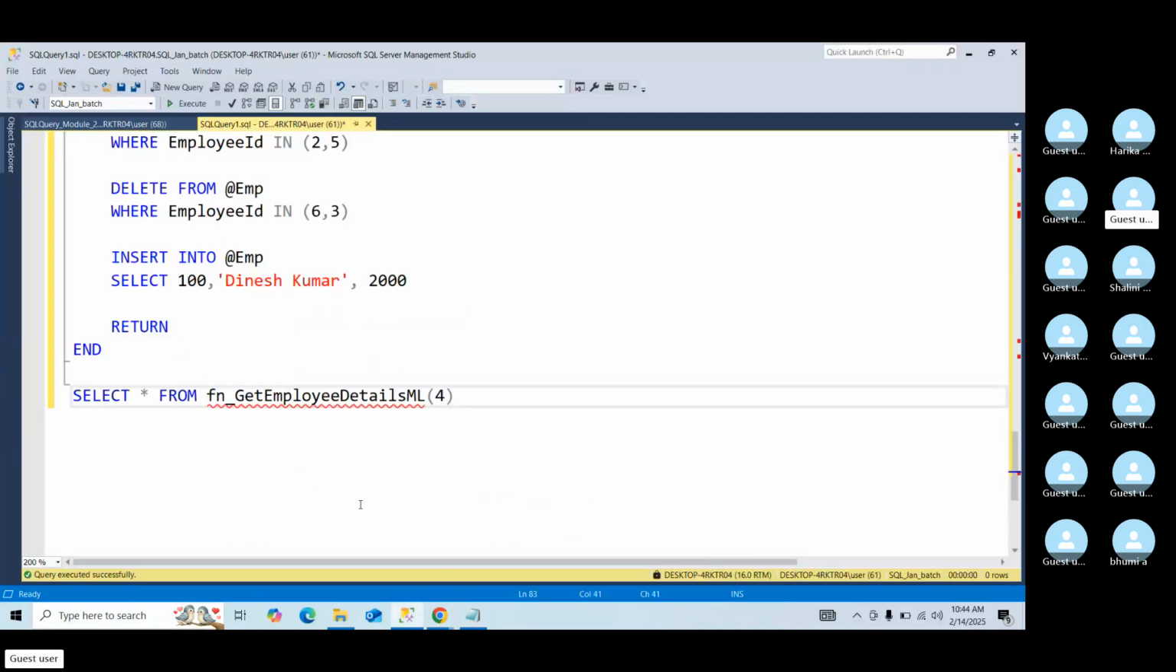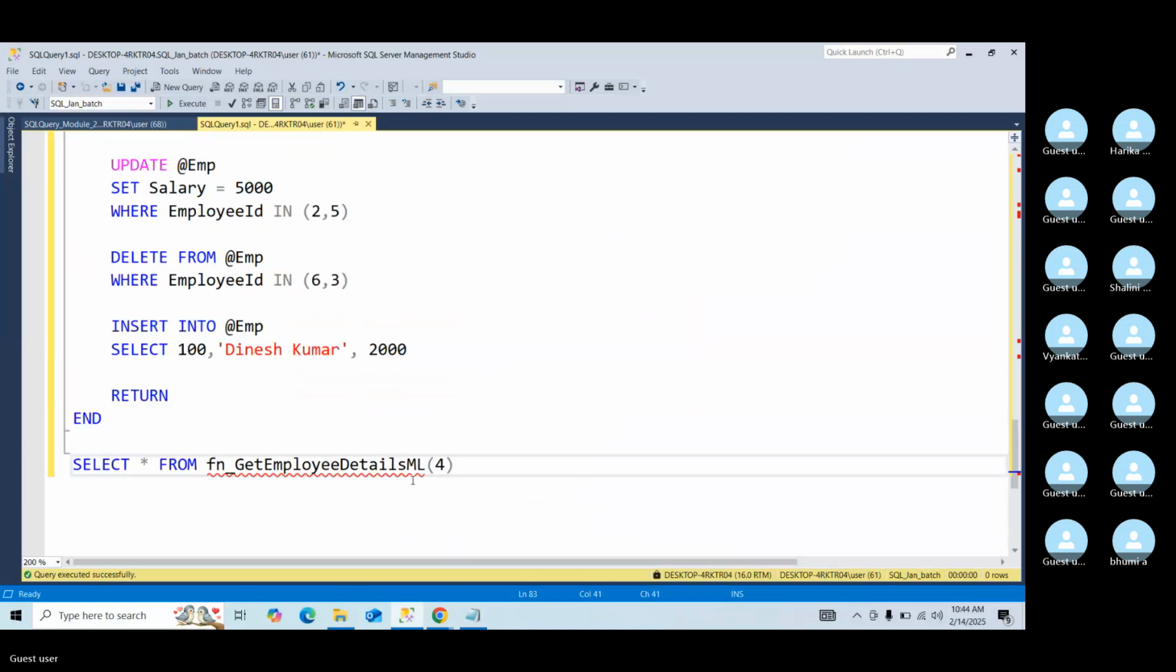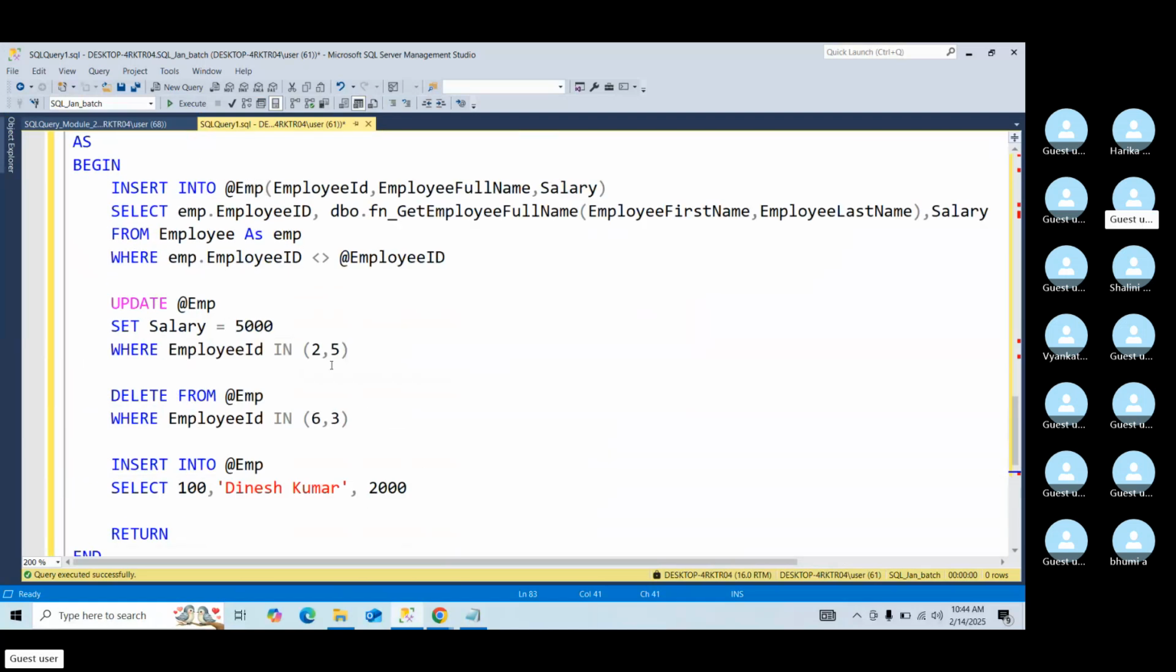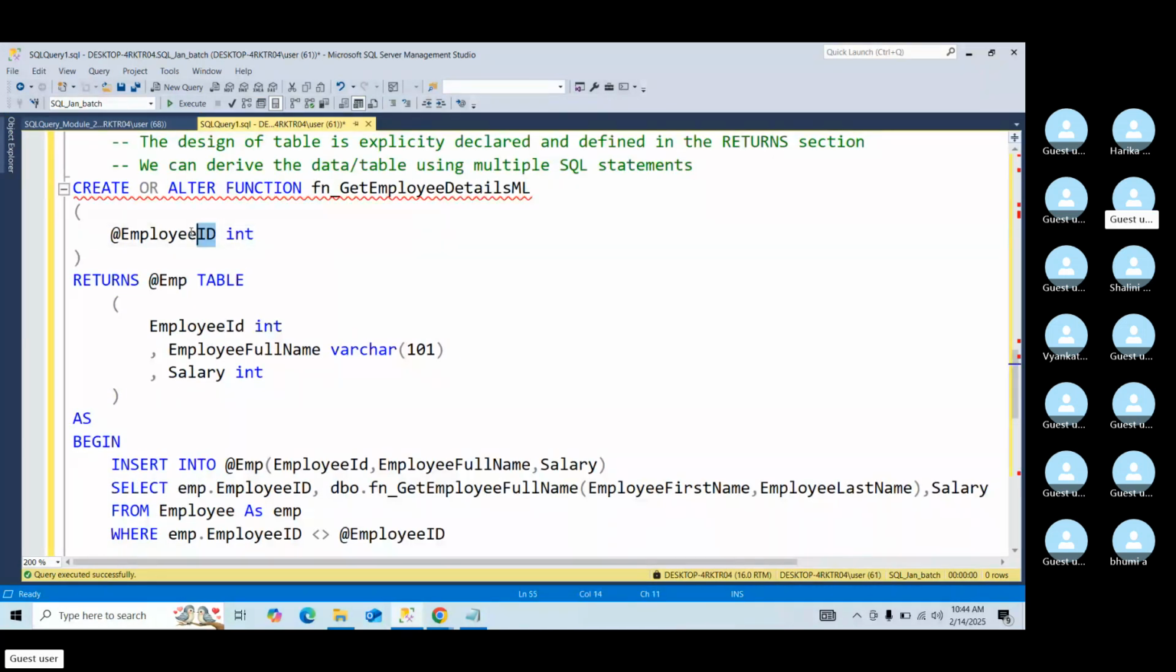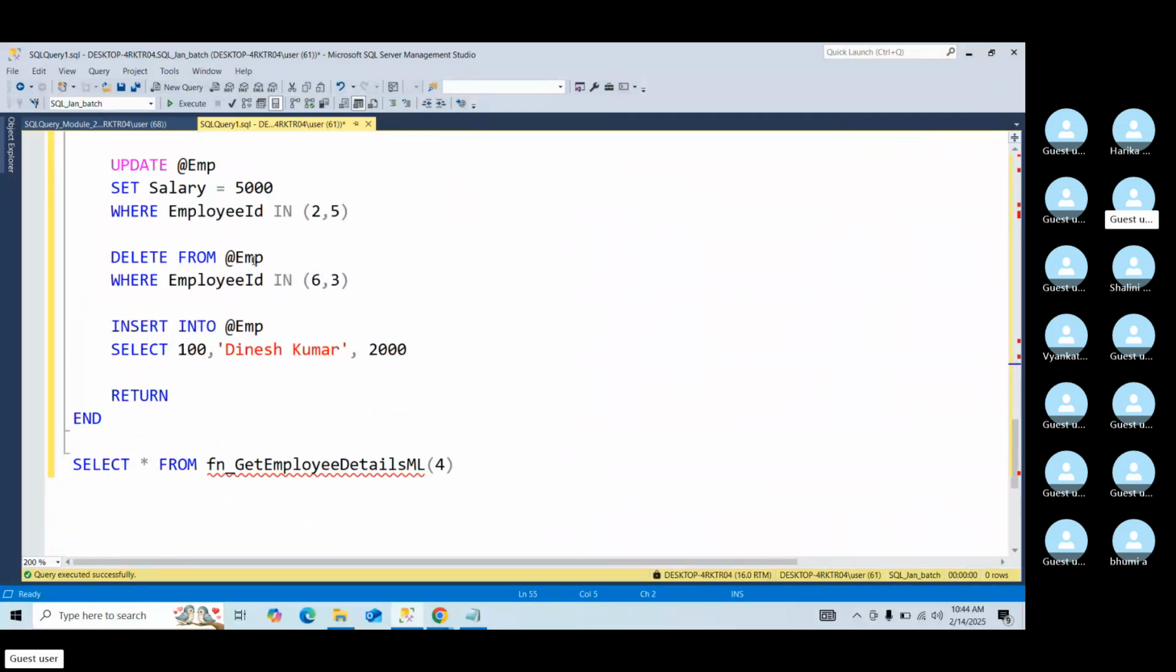Now, which parameter am I passing here in this multi-line function? I'm passing Employee ID, @employeeID. So while calling it, I will pass the employee ID, and only while calling a scalar valued function do we write dbo dot. For a table valued function, we can simply use the function name. So I'm writing select star from fn_get_employee_details_ml where employee ID